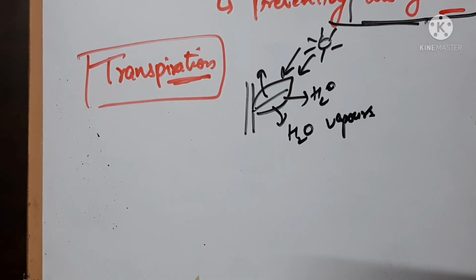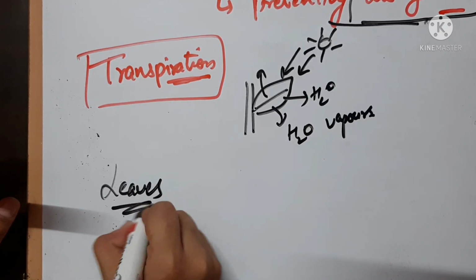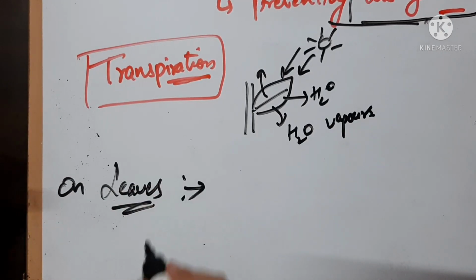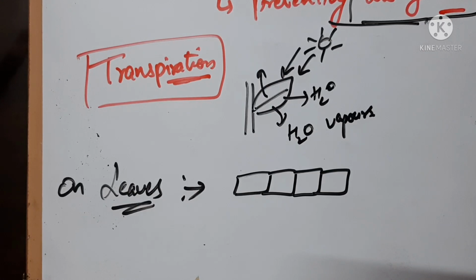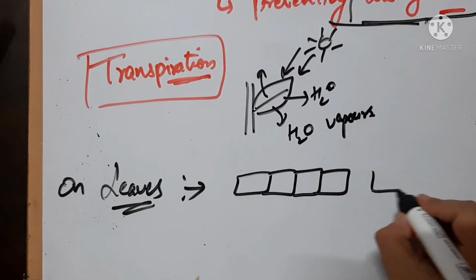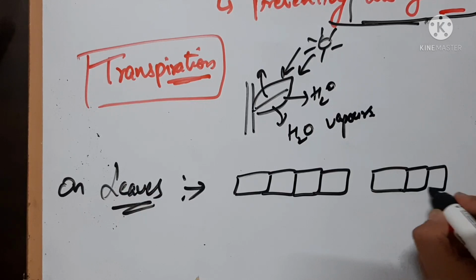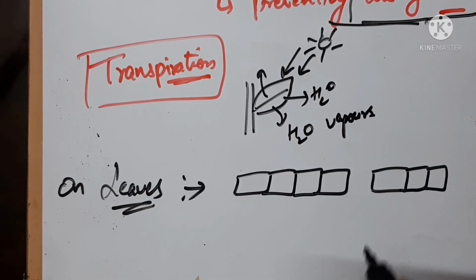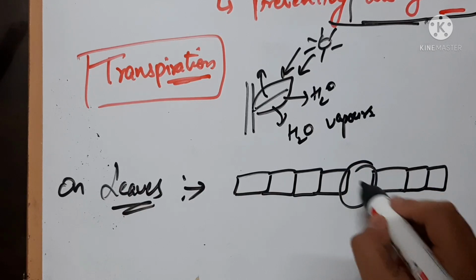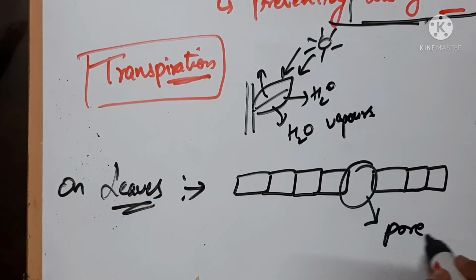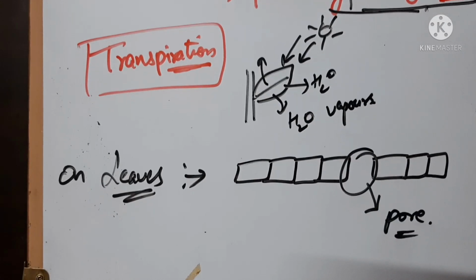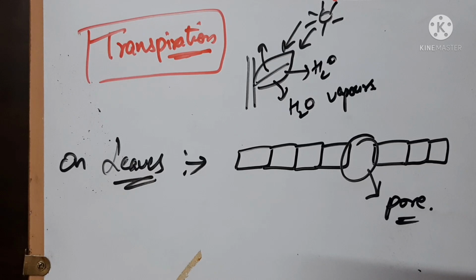So we have seen that epidermis is present throughout the plant body. So let's talk about the leaves. Epidermis present on leaves. In the leaves, the epidermis is not continuous. There are some pores present in between the cells of the epidermal layer. If you consider this as a gap or a pore, from these pores the transpiration will occur. All right. So from this pore the transpiration or the loss of water will occur.